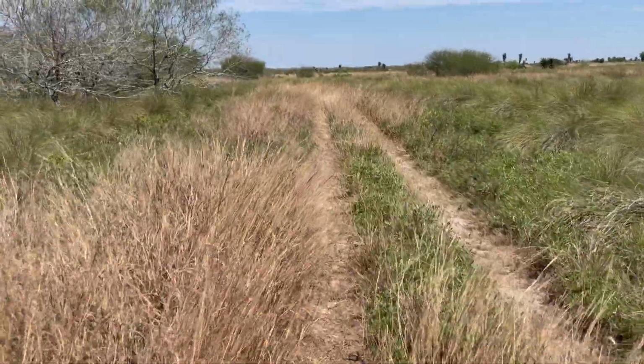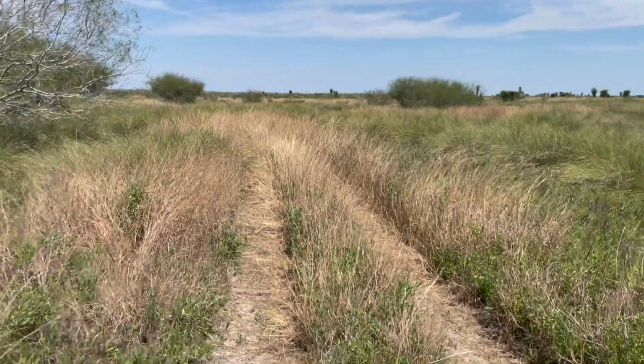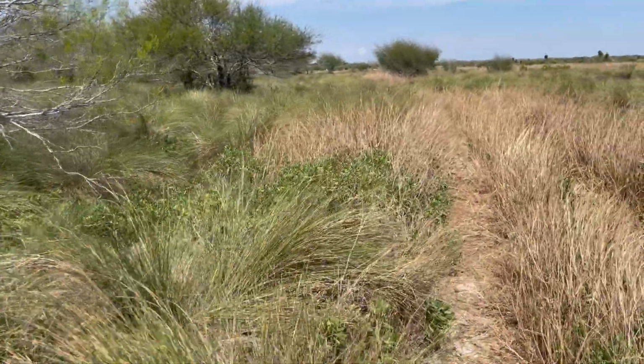Only two snakes on today. A Coniophanes black striped snake that got away, and a shot in the Ruthven's whip. But yeah, kind of disappointing, but we're gonna try these last couple spots and see if we can't get something